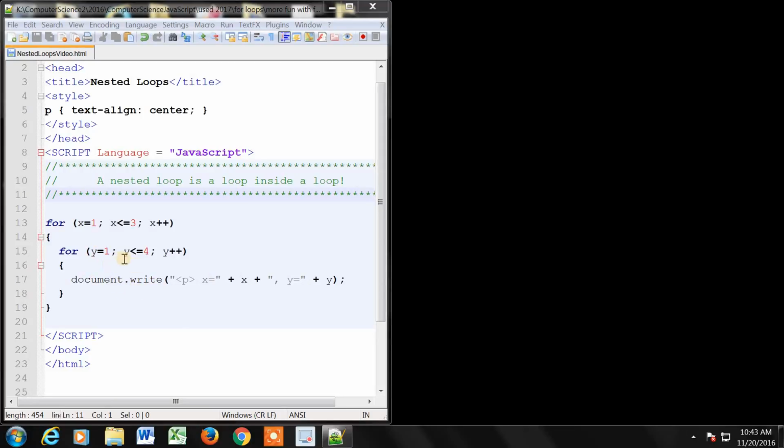So x equals 1, y is going to equal 1, then y will equal 2, then y will equal 3, then y will equal 4. Then it exits the inner for loop, goes back and gets the next value of x, so x is now going to equal 2, and then it re-enters the inner for loop and starts it from the very beginning. So x equals 2, then y equals 1, y equals 2, y equals 3, y equals 4, exits this, gets the next value of x, x equals 3, then it re-enters the inner for loop, y equals